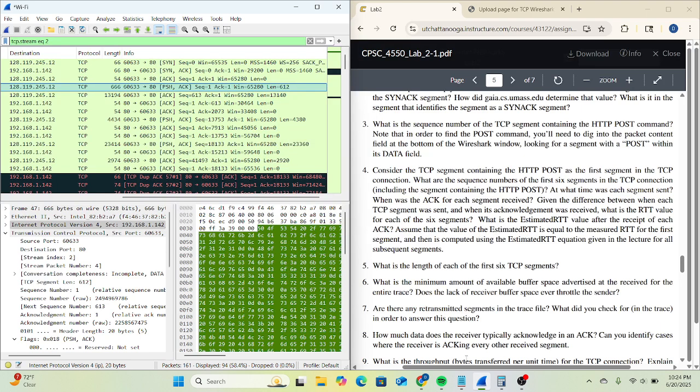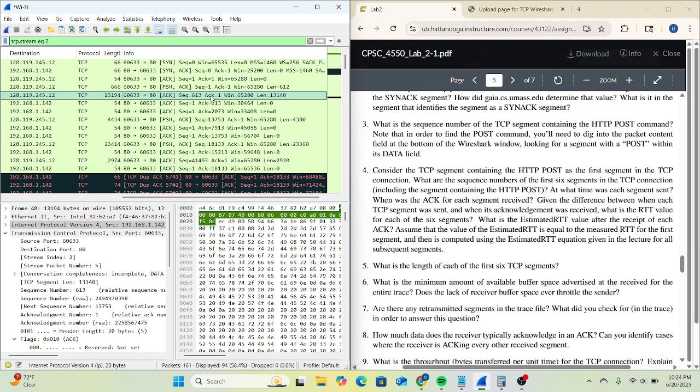But we'll go ahead and look at the sequence numbers for each one of these. So sequence number for this one, this is supposed to be the first one, is 1. If you go down to the next one, it's 613. So that's the next byte that it's expecting to receive, is 613. But if we keep going down from that,